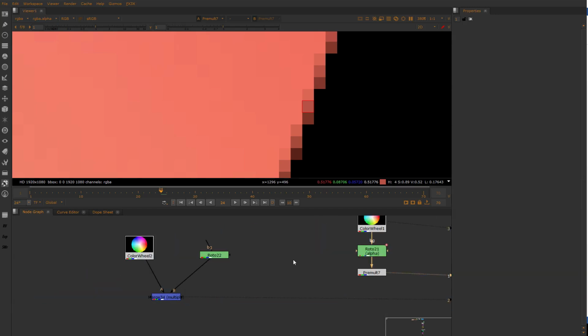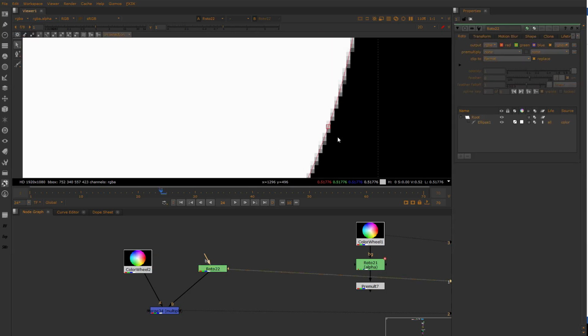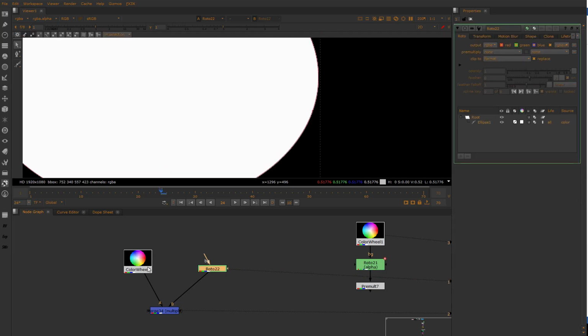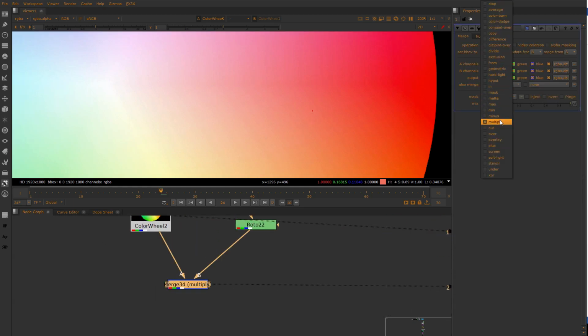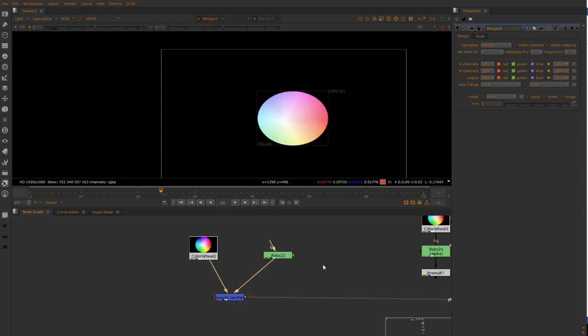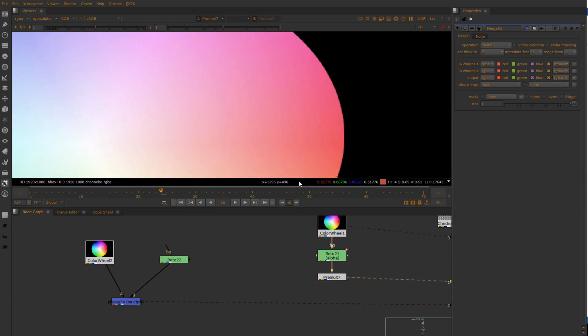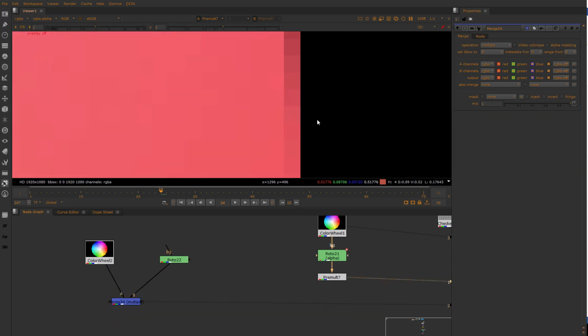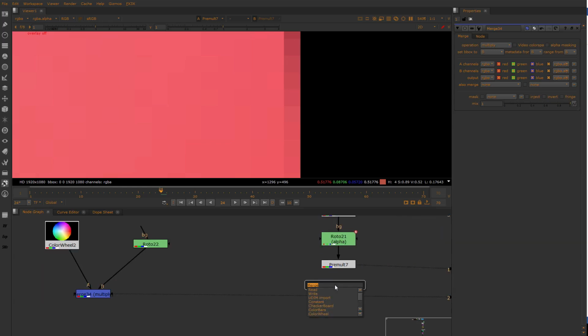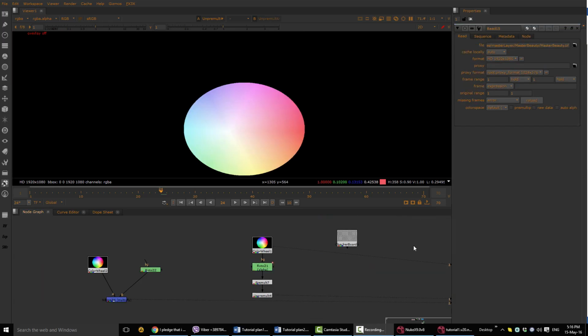So this is it. To prove that to you, I have copied this on the other side. This is the very same roto shape mask, the very same color wheel, and instead I have just used a merge with the multiply operation here, and we have exactly the same result. So take a look as I compare the two. We see exactly the same result. So remember, premult is only a multiply, whereas unpremult is the opposite, and that is divide. To explain the divide or unpremult function, let's roll to another example here